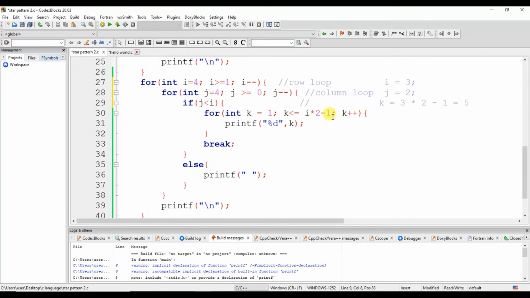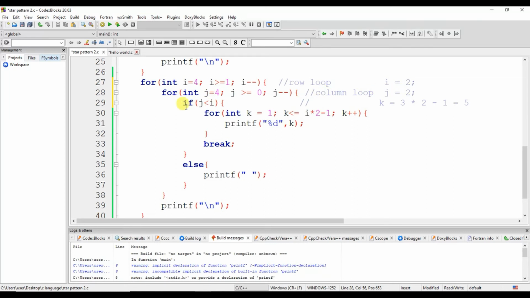After that, when the I value becomes 2, the J value becomes 4 again. It will print the space because this condition is not satisfied at J equal to 4 or 3, so we print 2 spaces.